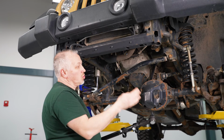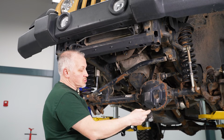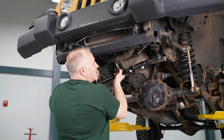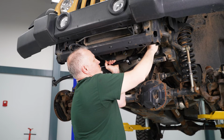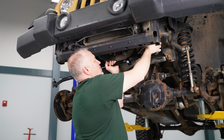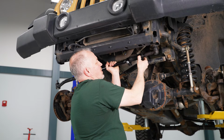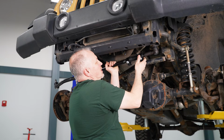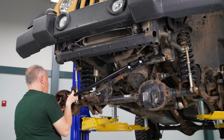Now again, once you do all this, you're going to want to get your vehicle aligned. So what I did was made it the same length as the factory one, and we're going to install this and get this up into place here. And we'll stick our nut on to hold it up in. Now we have our clamps here loose. We'll tighten them up then after we get this in place. And then we're going to come over here